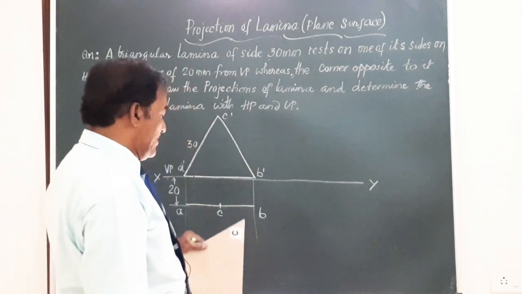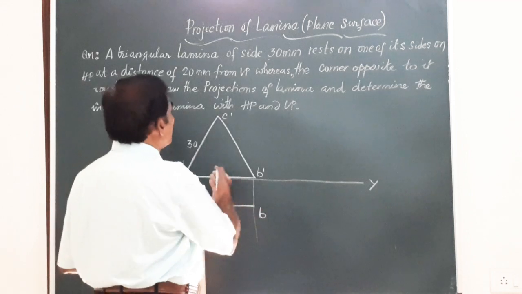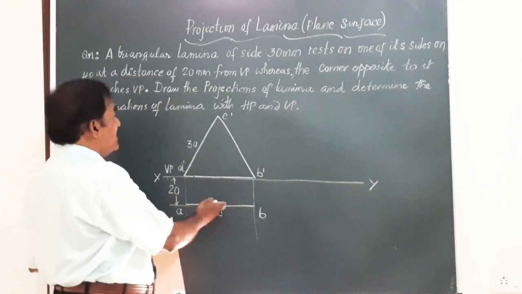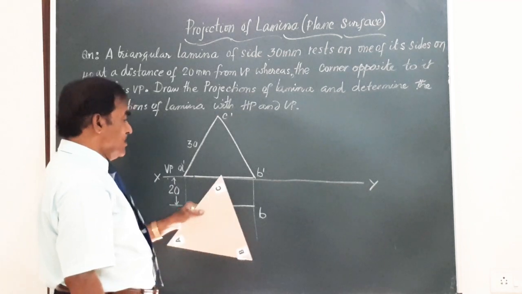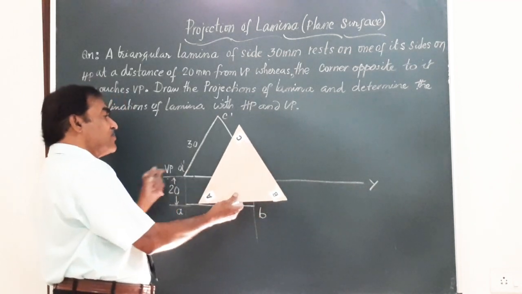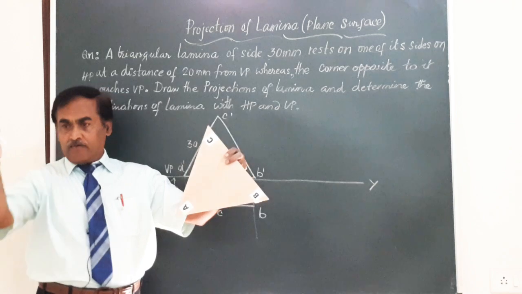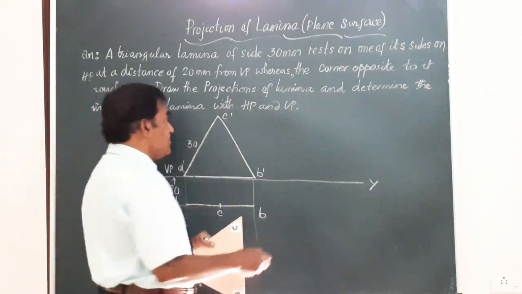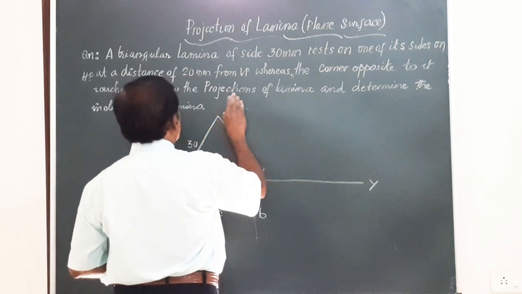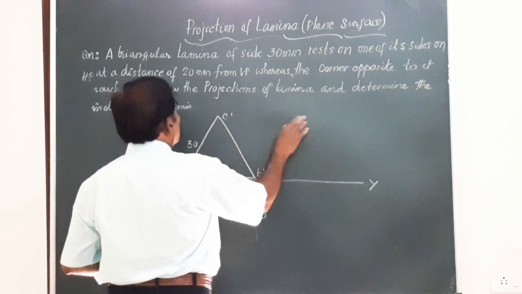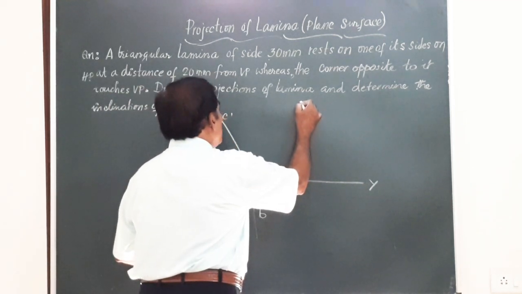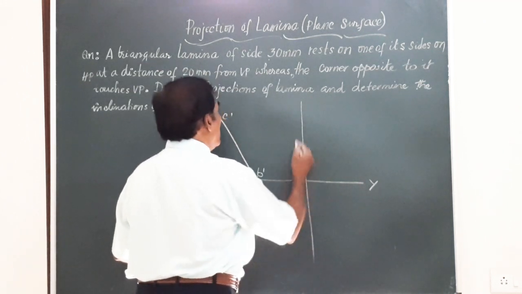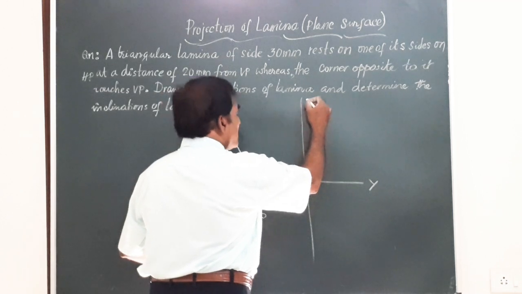Then what does it say? So before we get the final front view and top view, he says when the lamina is placed at a distance of so and so, if you see the right hand view or the left hand view, means if you come and stand here and see, you are going to get a vertical line. So here friends, I am going to get the side view or left hand view of the lamina on this.